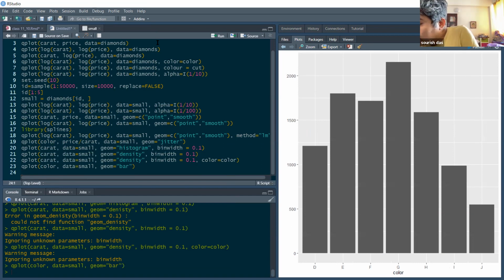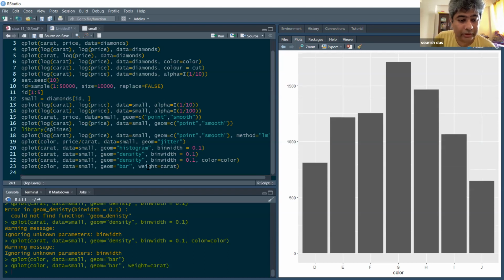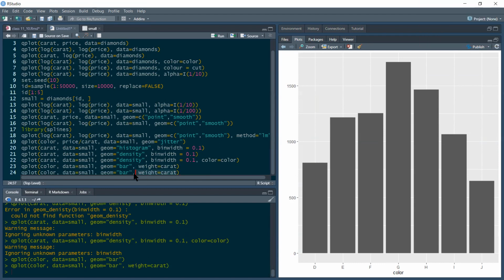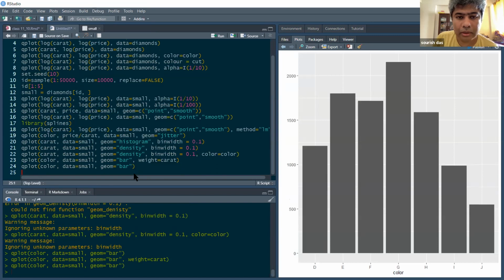Okay, so this is creating a bar plot, and you can do one thing. You can add weight at the end. You can add a comma, WEIGHT, weight equal to carat, C-A-R-A-T. Now you run that. Is there a change or anything? Yes, there is a change. This is the one with weight equal to carat, and this is the other one. The graph of E is raised slightly, and F is also different.